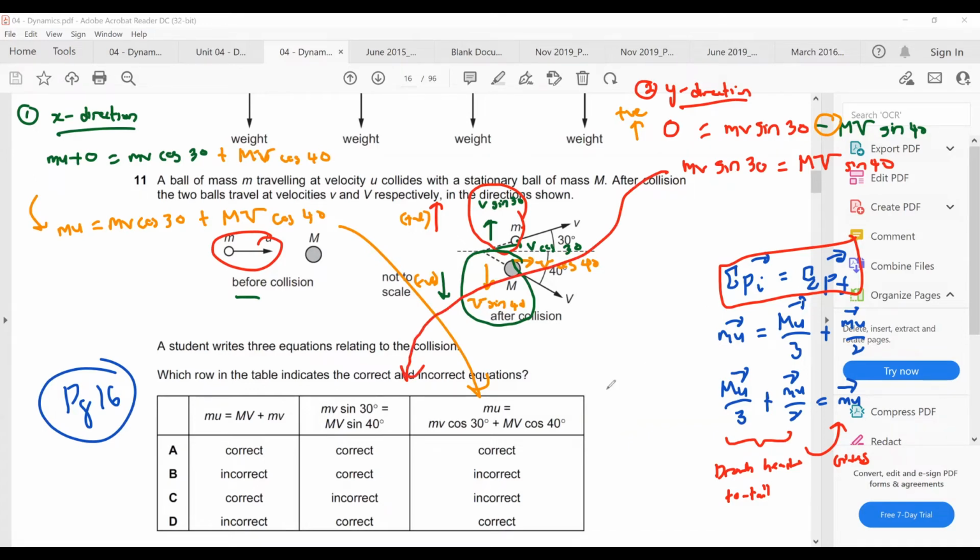Okay. So this equation is correct. This equation is also correct. So if both equations are correct, you have two possible answer choices. It's going to be either answer A or D. All right. Now, this one